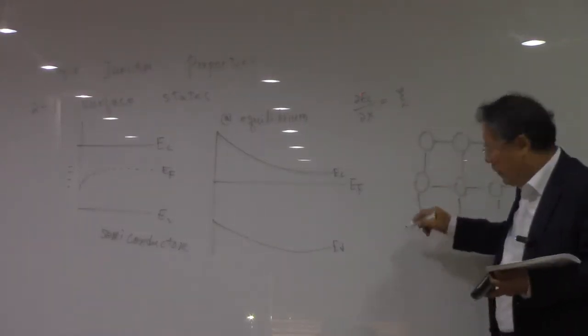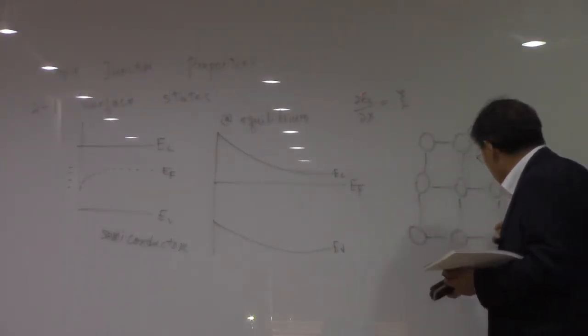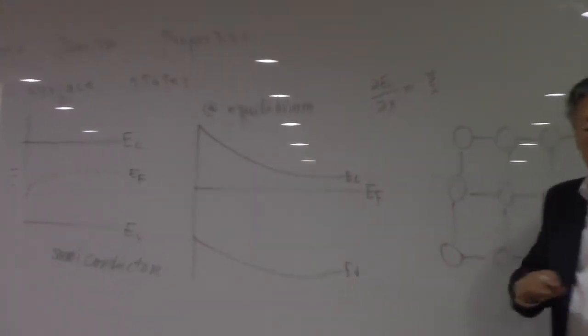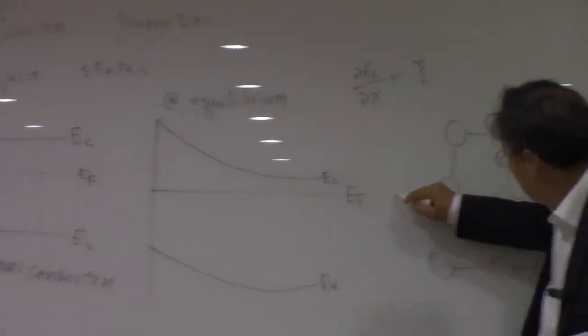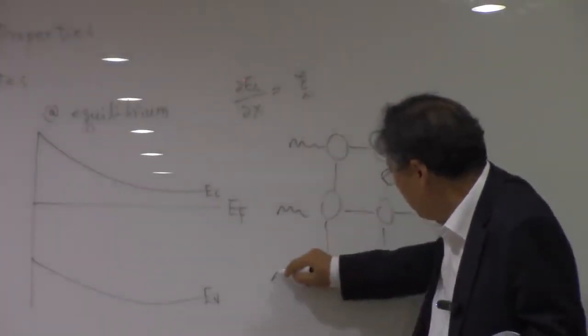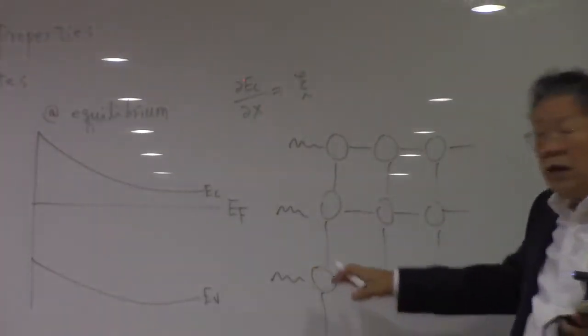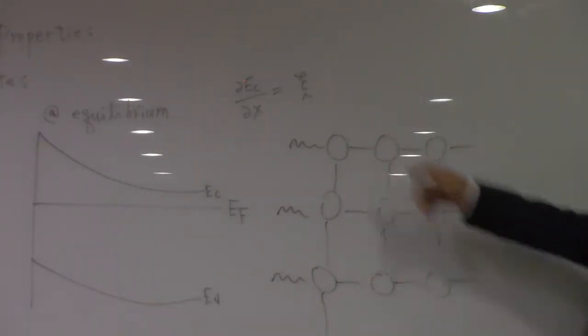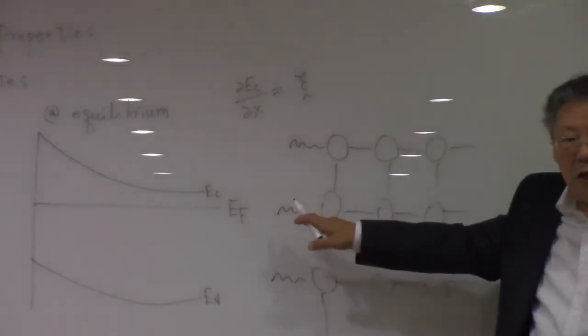And at the surface, you are going to have dangling bonds because there's no bonding at the surface. So one bond is actually missing at the surface, and this dangling bond